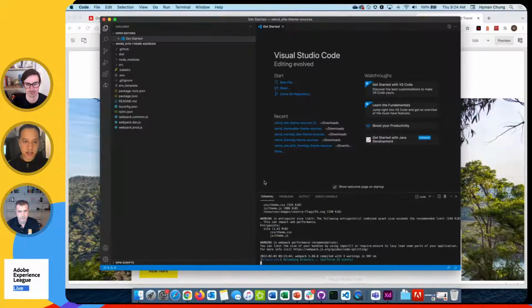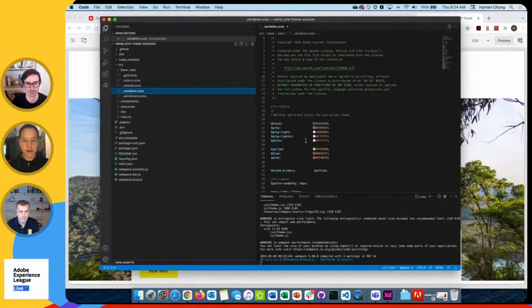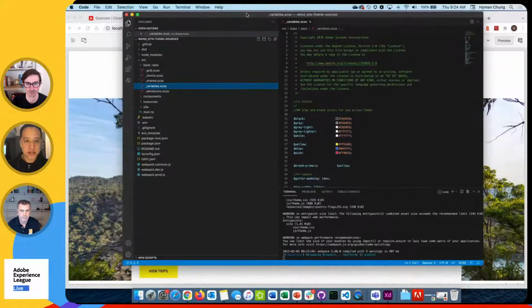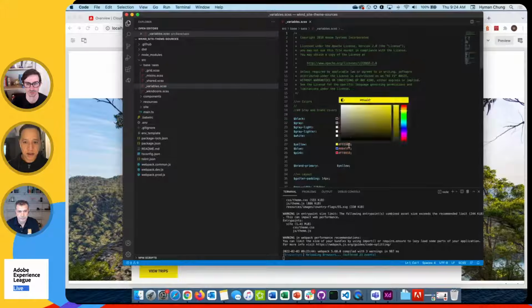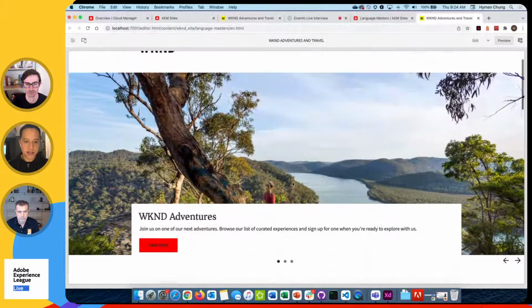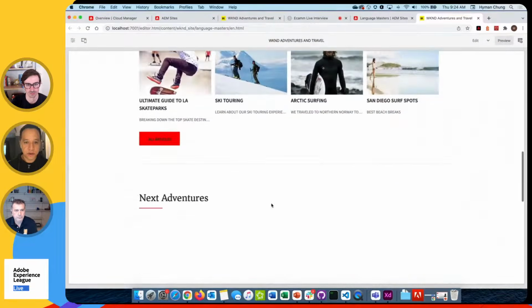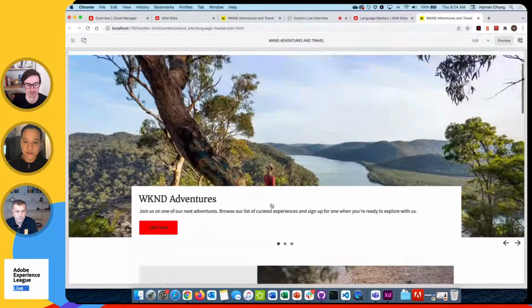And I can go into my IDE now, and let's make some simple changes and show how a front-end engineer would make styling changes. So instead of this yellow, maybe we can change our accent color here to red. Save this off. And immediately you can see that the changes are reflected in this local presentation of the Weekend